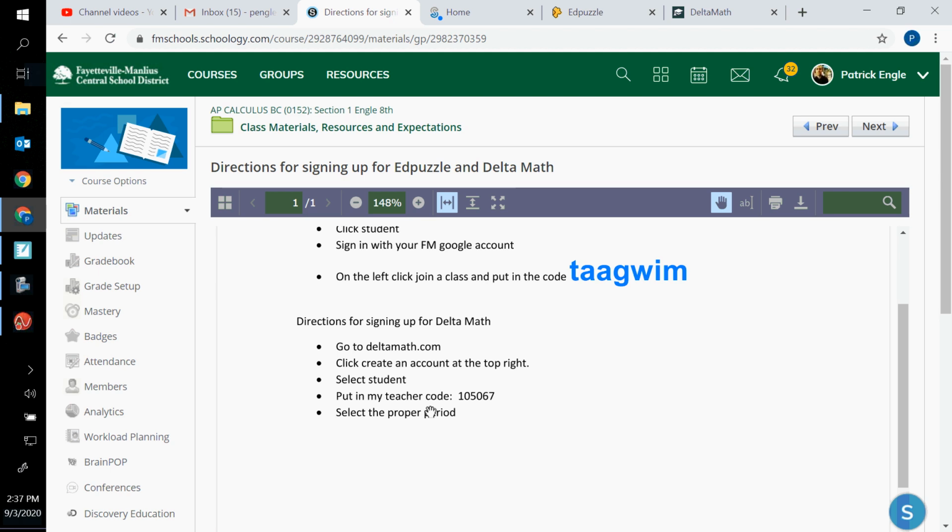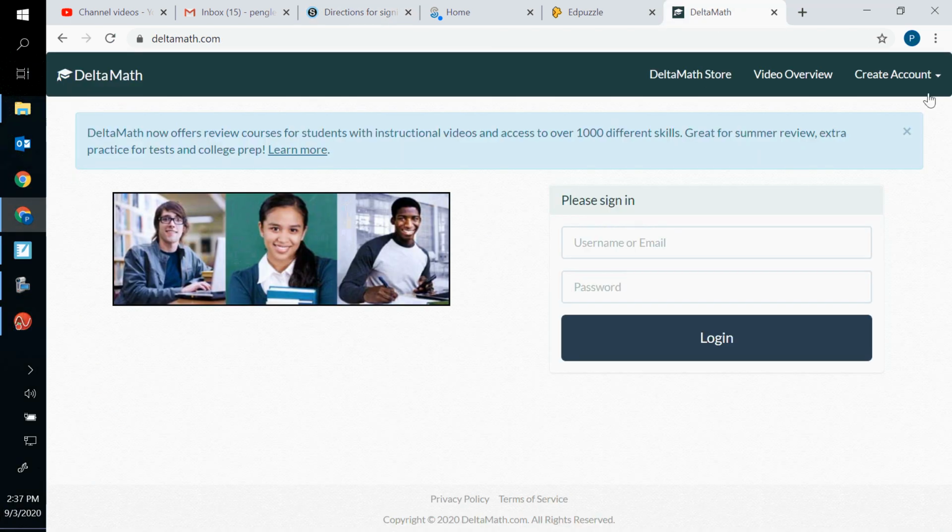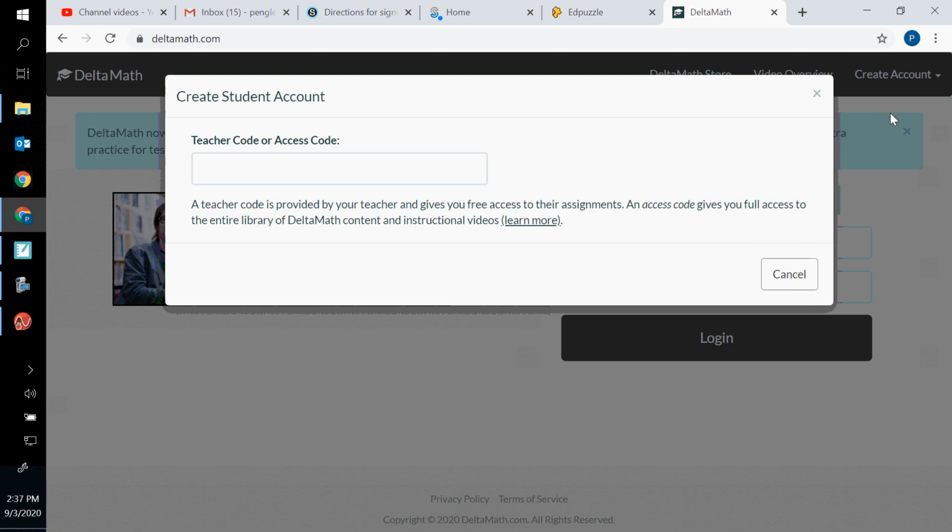The other thing is Delta Math. So you need to go to deltamath.com. In the top right, you can click Create an Account. Now, if you have an account from last year, you could always just sign in with that account. So create an account, student,